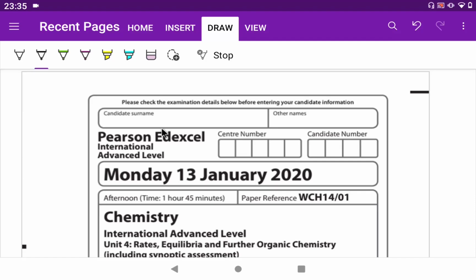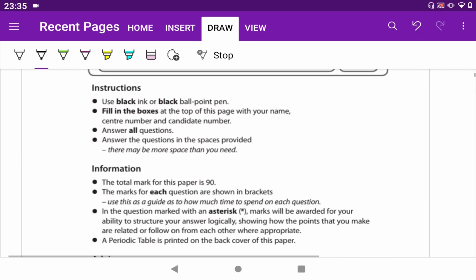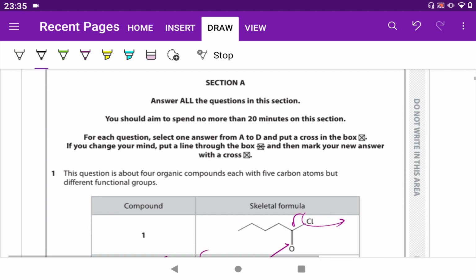Hello there. Today I'm going to solve the 13th January 2020 question paper for chemistry, and it is Unit 4, and the Section A first question is,